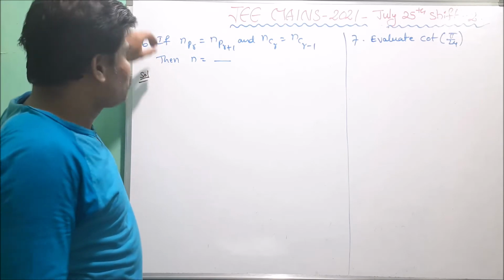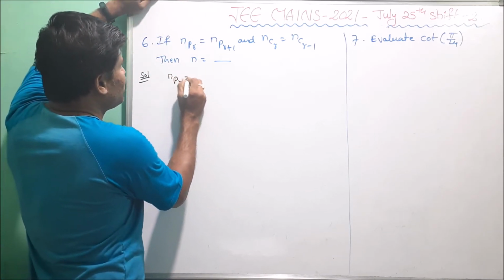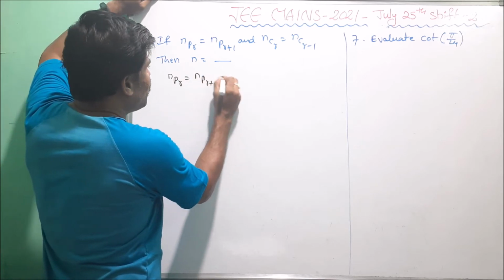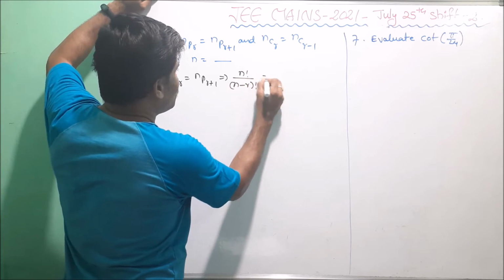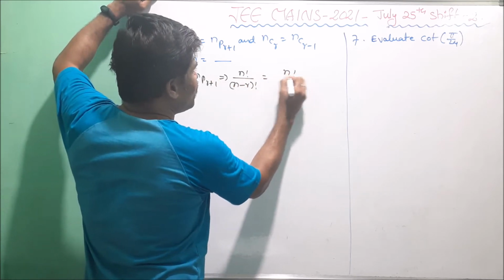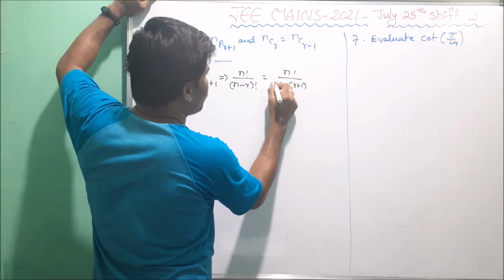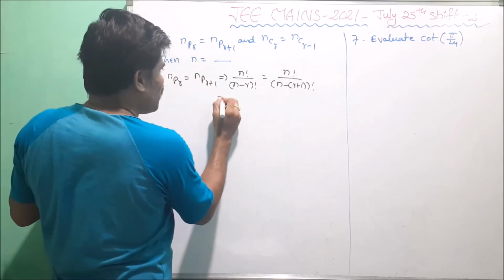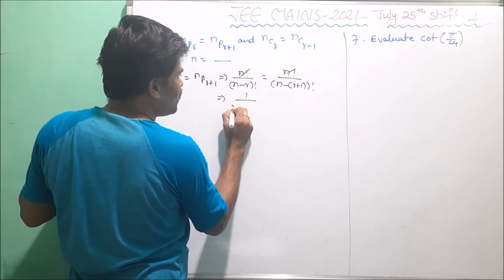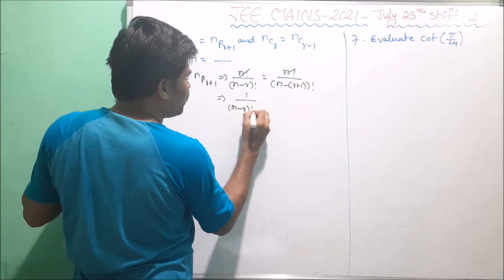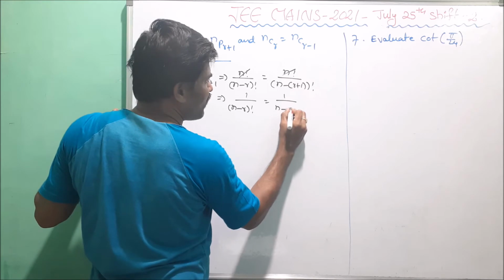Now the next problem. Here given nPr equal to nPr plus 1. First we take that condition. Now we write n factorial by n minus r factorial equals to nPr plus 1, means n factorial by n minus of r plus 1 factorial. Now here n factorial cancel. 1 by n minus r factorial equals to 1 by n minus r plus 1, means n minus r minus